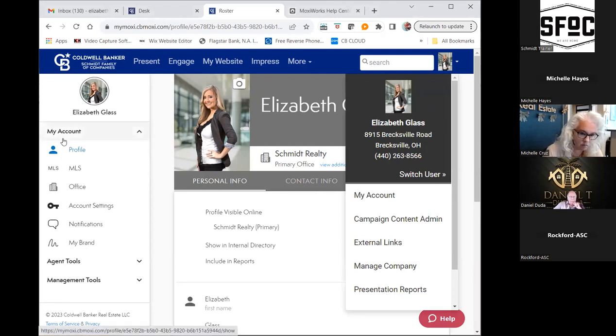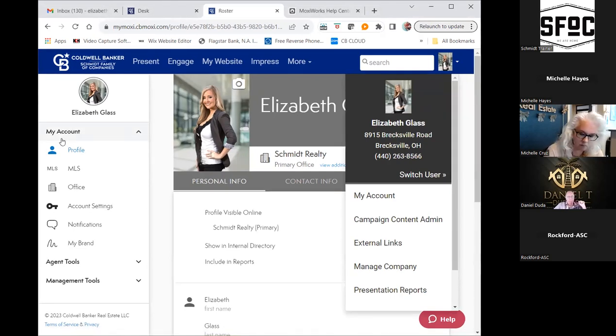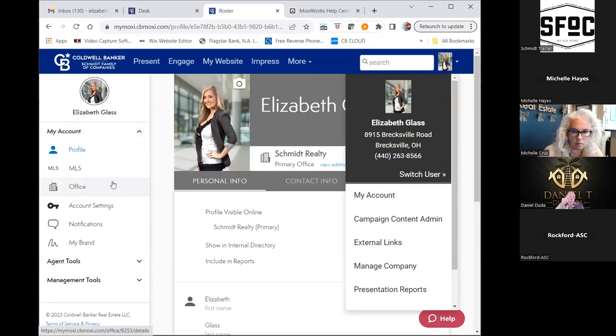The very first option I want you guys to see very quickly here, and hopefully it's a review, and if you haven't done this yet and we've said this before, please go ahead and do this today. We want all of the agents in the entire company to be connected to their ASC, so that the ASC can jump in as them. In addition, if you need assistance from an RSC or someone on the training team, you can connect with us as well. Doing it before you have an issue is going to help us be efficient and take care of your need even faster.